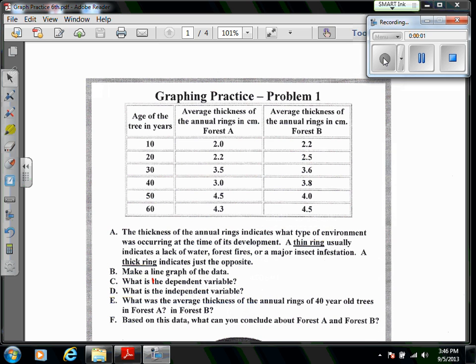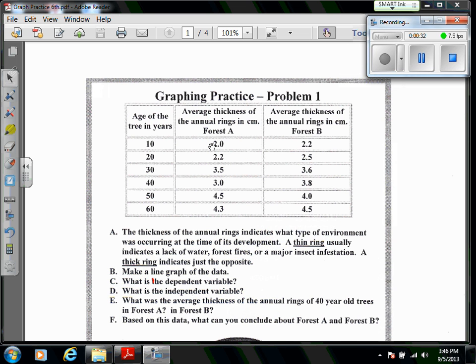Okay, graphing practice. Graphs are actually pictures of the data that you collect during an experiment. So you need to have a data table to be able to construct a graph. Now in science, most of the graphs that we make are actually line graphs because they show trends in things. For instance, this practice problem here, number 1, is showing the age of a tree in years, and then each